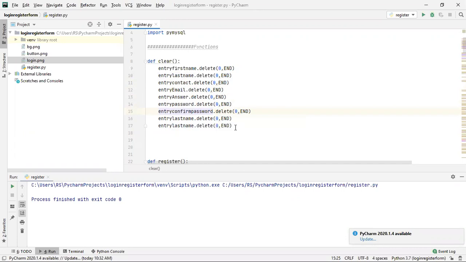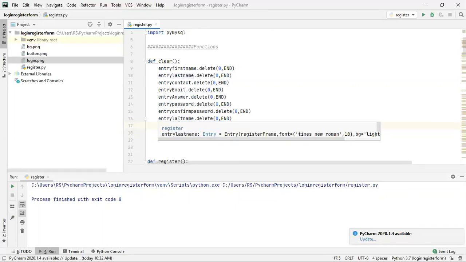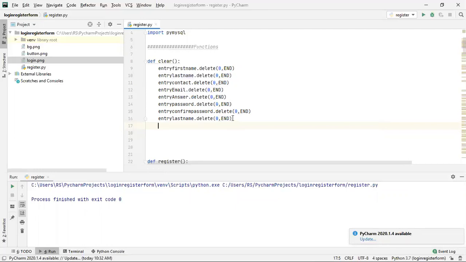The next thing is to reset the combo box to the 0th index value, which was select. We'll use the same thing we did there: combo dot current, and we'll set the current value to 0.